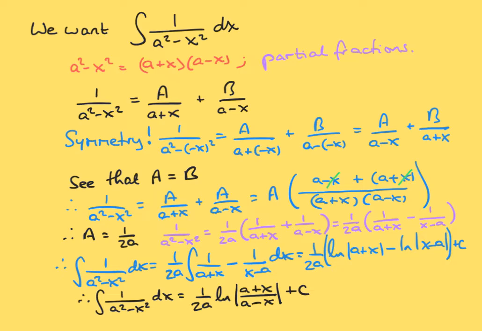So on this slide, what we've said is that we recognise that using partial fractions could make this a much easier integral. This is the general partial fraction decomposition when we have this denominator and it's a proper rational function. And I've just said, well, if we replace x by minus x, we have a symmetry, nothing changes here, and that tells us that a must be equal to b, and then we just put these terms on a common denominator, which by construction is the original denominator,